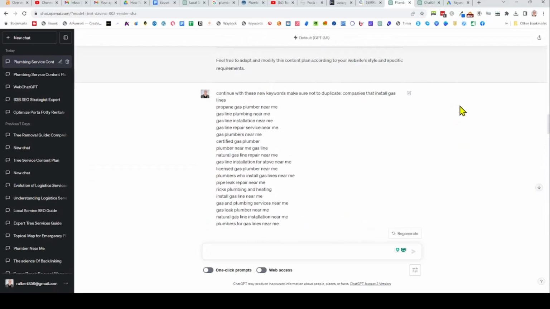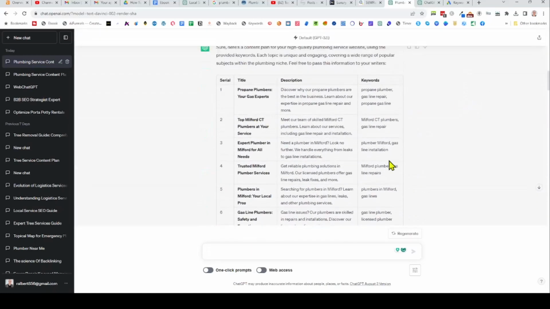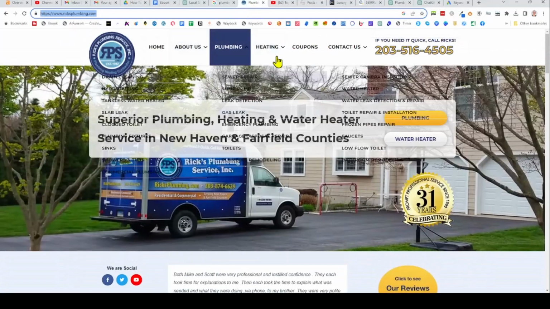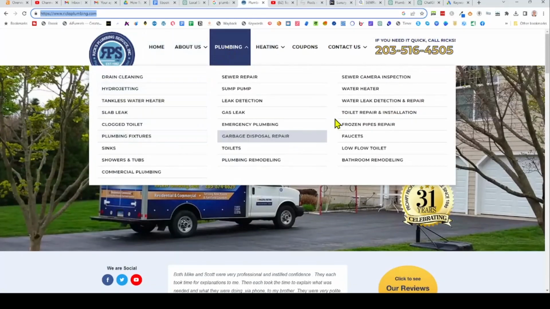So now when you create your website, you can start creating your topics. Okay, so we know that in Rick's Plumbing, if you go back up here, you can see how everything's laid out. You can do the same thing. Here's the topic right here, and these are all the subtopics of the main topic right here. This is the correct hierarchy that you want on your website, because if your website isn't constructed correctly,